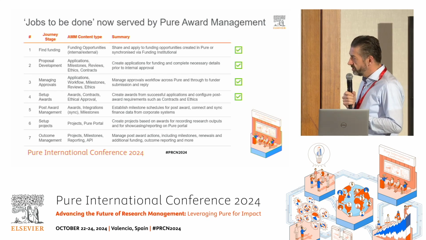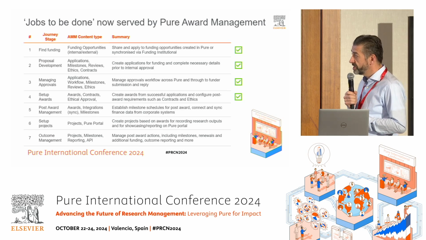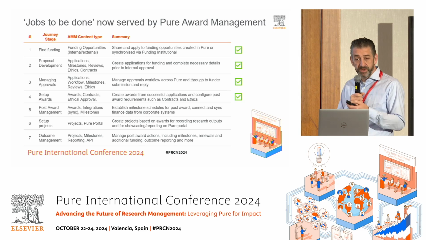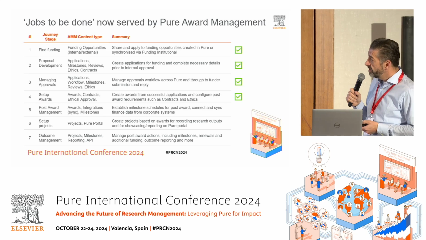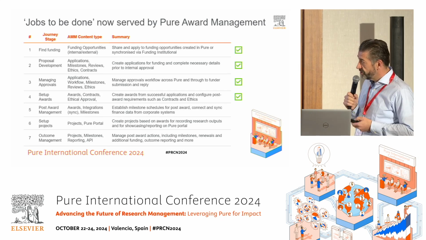So that was the main goal behind the contract content type in particular, which we added relatively recently as well. But we've also done some additional work on supporting, for example, reviews on ethical reviews, so we can now start to use that content type much more directly within the system. And just generally trying to improve that piece here. So some of the statuses have changed as well, and so forth.